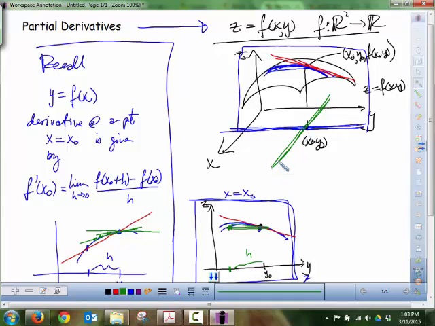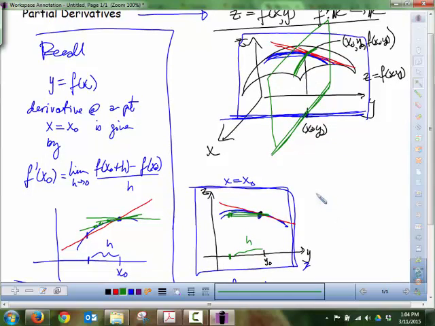This time, let's fix the y value with this plane that would eventually cut the surface right there. All right, so how does that look? If we look at that plane,